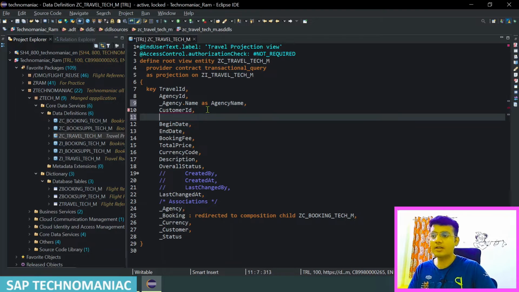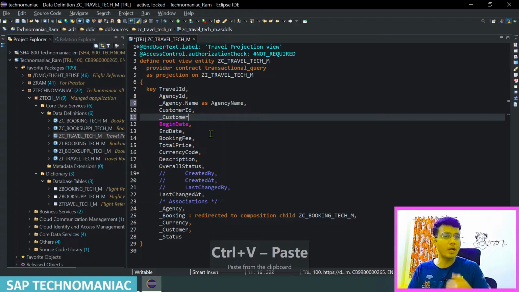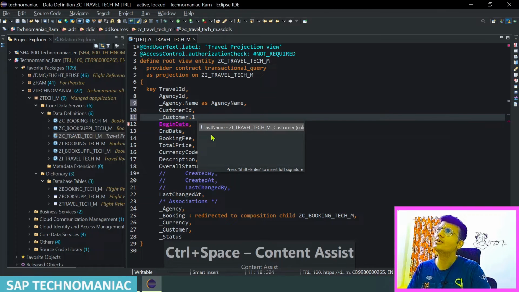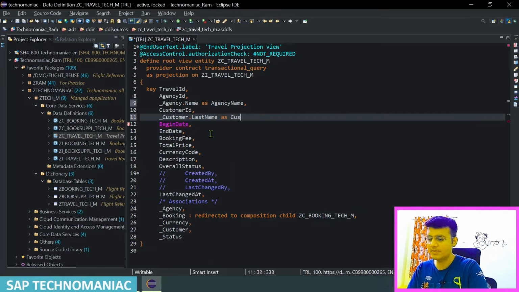The same way I want to get the customer ID, so I want to get the customer name as well. So in the same way I will consume the customer association as well. Control C, Control V, because I have to annotate these particular fields also in my metadata extension file. I will show you, because I want to display the text along with the ID, so I have to annotate with the object model annotation. So that is the reason I need those fields there as well. To get those fields there, I have to add them here first. That's very important. Control space, I can add the last or first name. Obviously the last name I will add is the customer name,